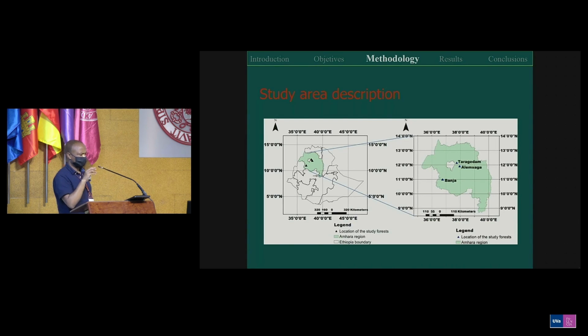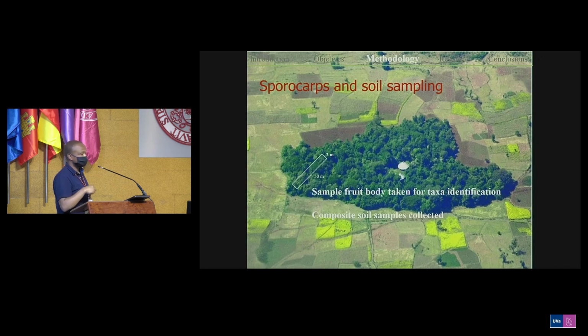We did these experiments in three church forests, which are located in the northern parts, namely Tara Gedam and Alamsaga forests. And in these church forests, we established about 27 permanent plots with an area of 100 square meters, 9 plots in each forest. So after establishing the plots, we collected all the sporocarps that we found from each forest